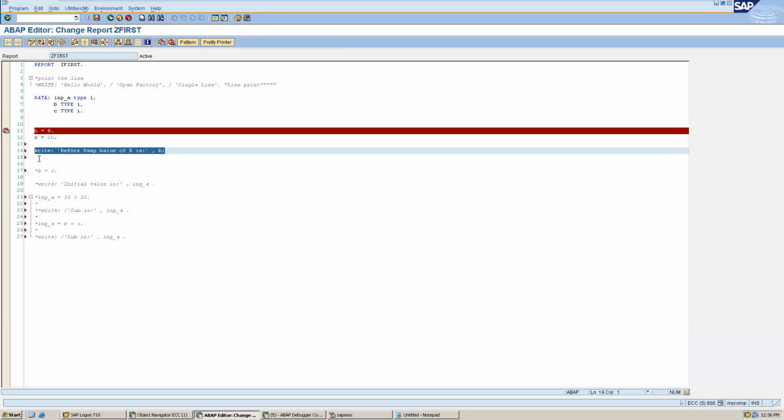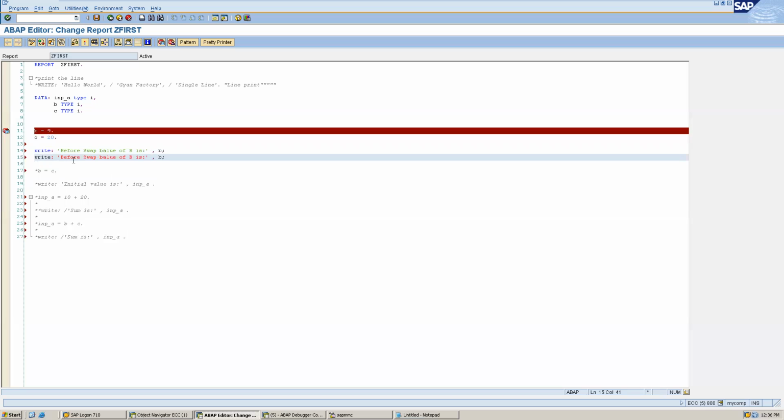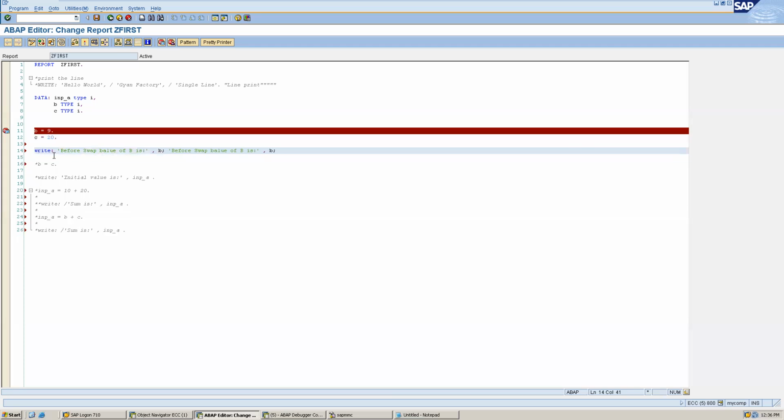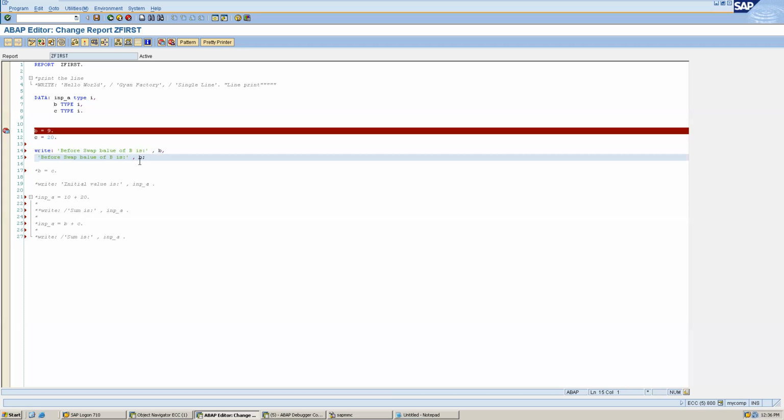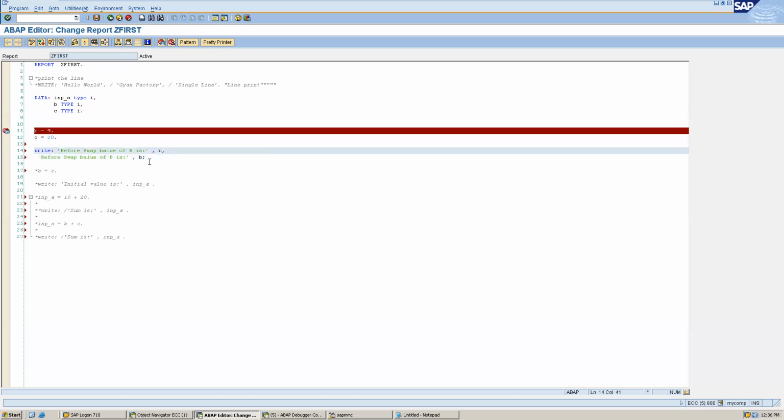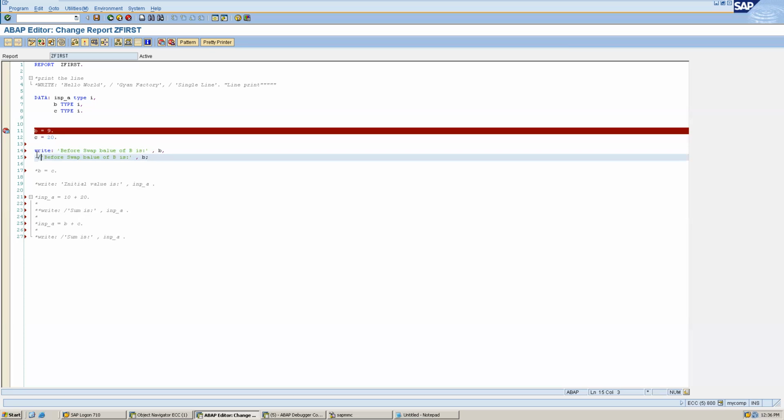And before swap, we can put a comma, and spare me for this habit of semicolon. Let's put a slash n for new line.